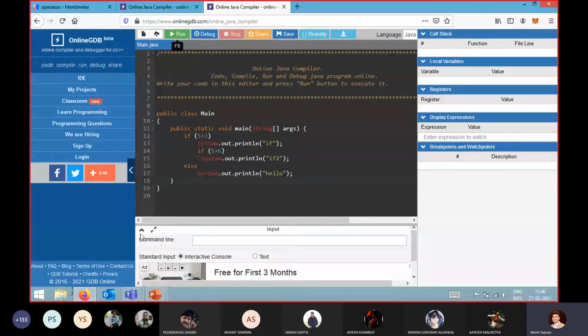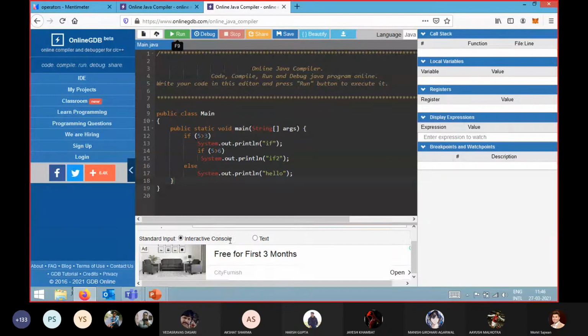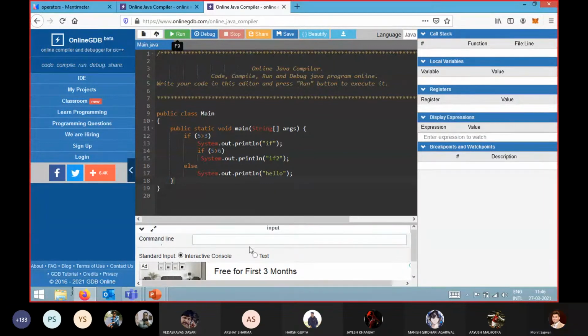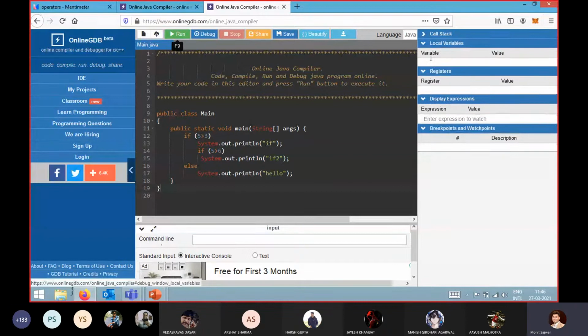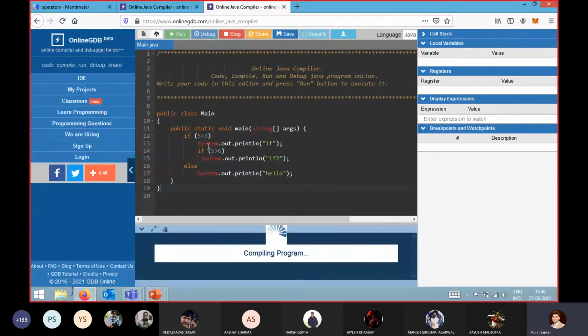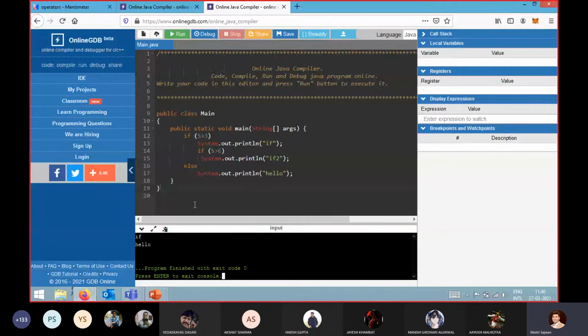Let me open the output window. So what output will we get if we execute this code? Let's execute it. The output which we are getting here is "if" and "hello".